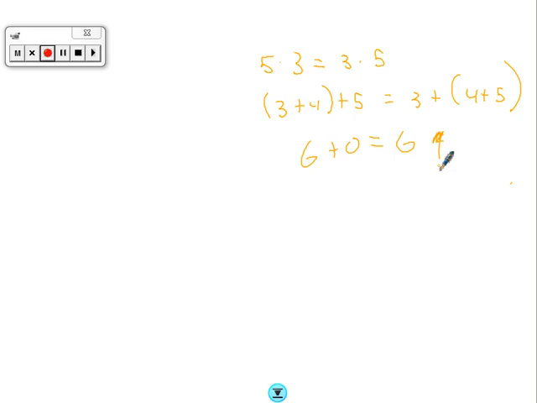Identity property of addition. Okay? Make sure you know these terms, because when we get to our first test after lesson 10, man, guess what? They're going to be on it. And it's a real quick answer, but